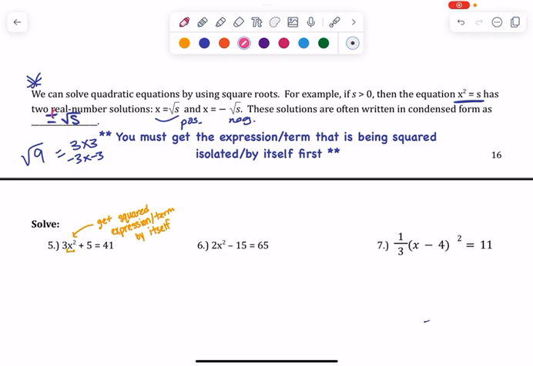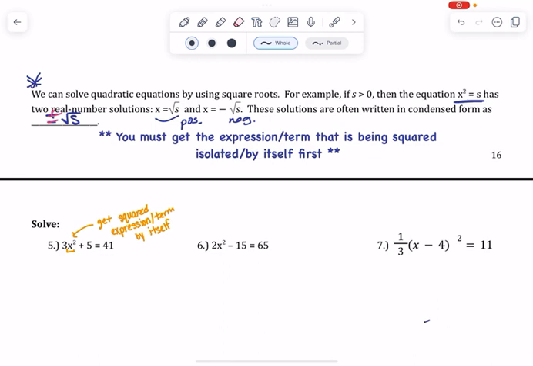So whenever you take the square root, you always need to make sure that you're writing positive and negative in your answer, because it seems minor, but you always have two solutions. If you don't write the positive and negative, the plus minus, you're saying you only have one solution and you don't. So really the goal when you're doing this is to get whatever's being squared by itself, and then we undo that squared power by taking the square root. It's just like addition undoing subtraction,